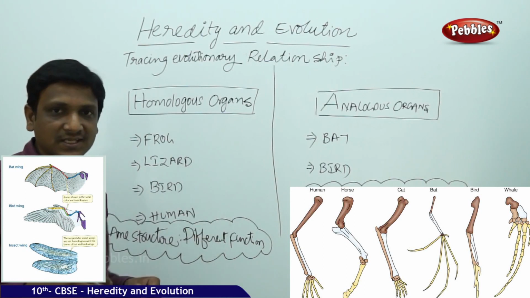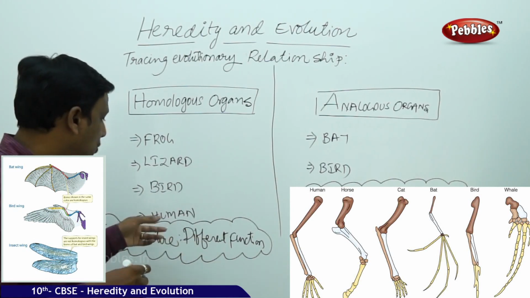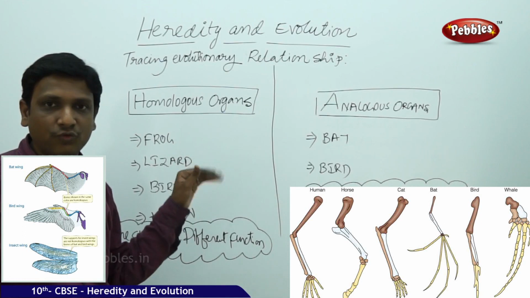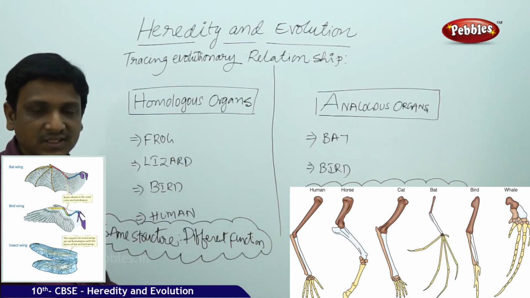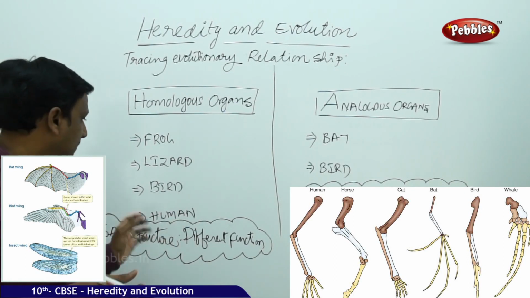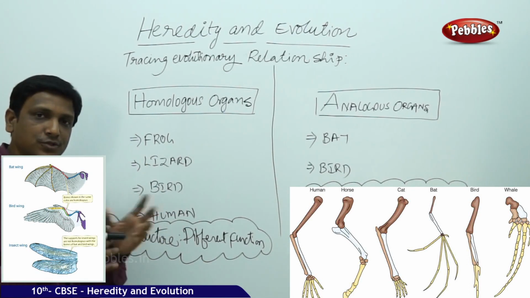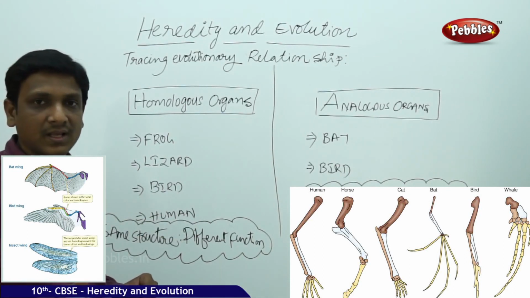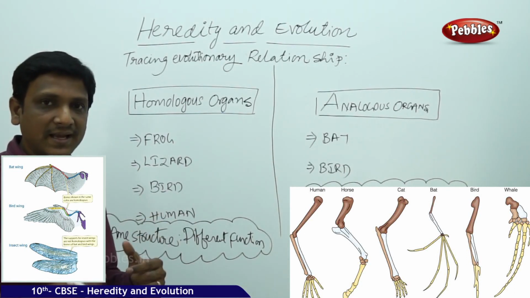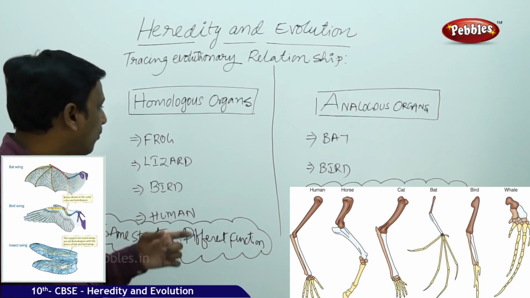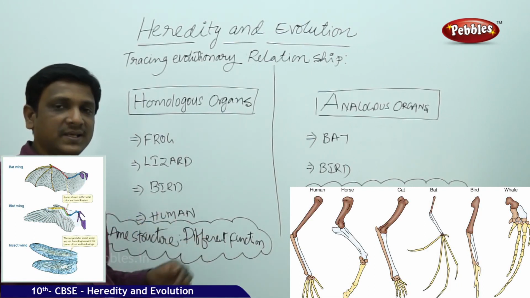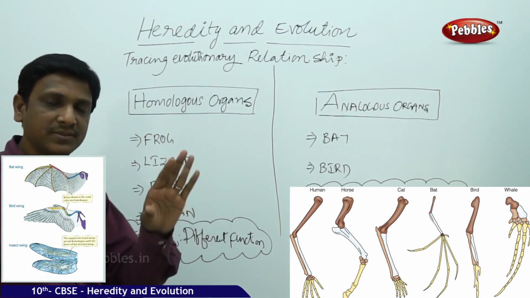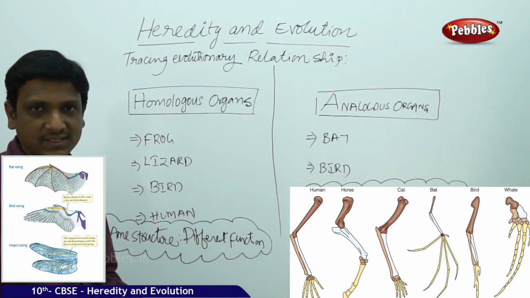Bird uses its limbs to fly. Human cannot fly with the limbs. He picks things, holds objects, picks fruits and flowers. So he does so many things with the hands. So here the organs are used for different purposes, but internally, if you see the number of bones and the arrangement of bones in the hand of frog, lizard, bird, human being, they all have a similar arrangement and similar structure of bones in the hand,